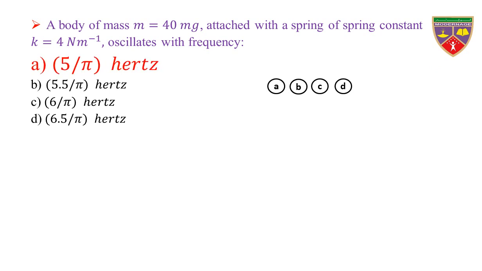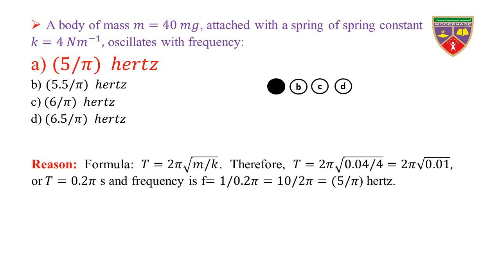The key is 5 divided by pi hertz. Therefore, the correct option is A. Reason. Formula for the time period: T is equal to 2 pi into square root m divided by k. Therefore, T is equal to 2 pi